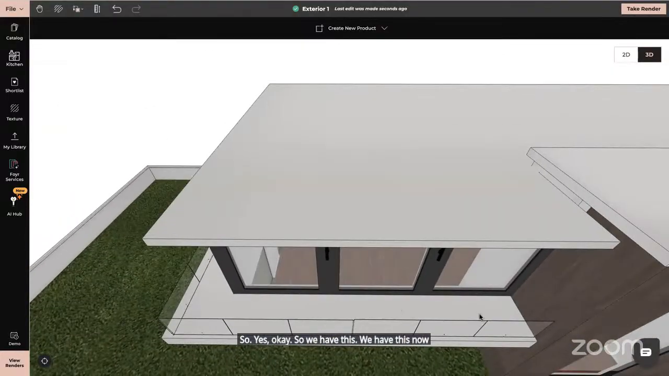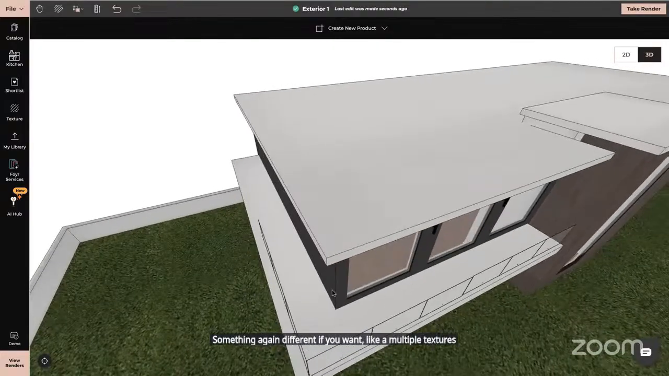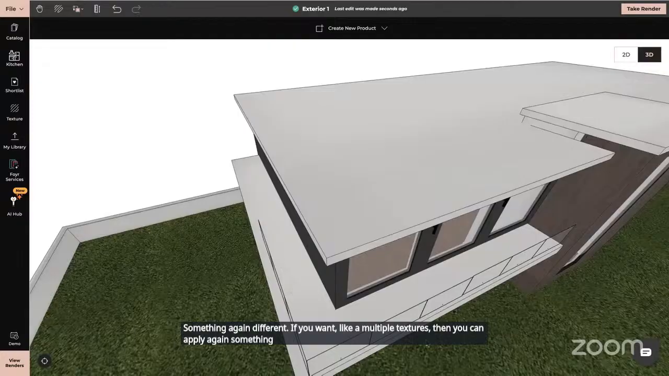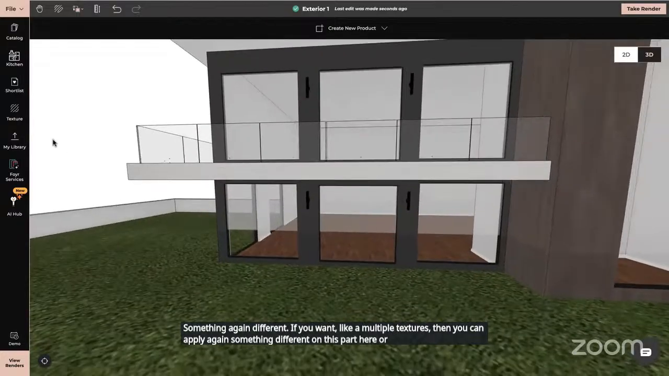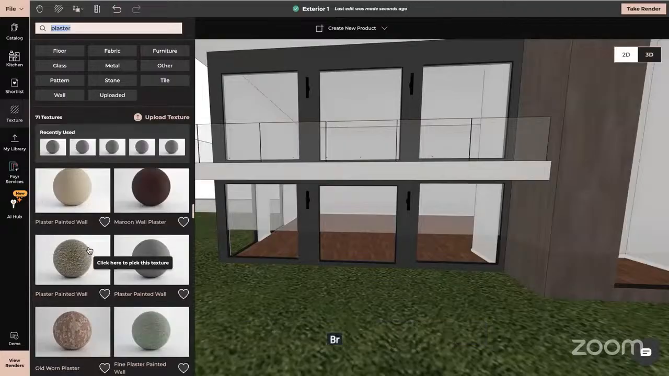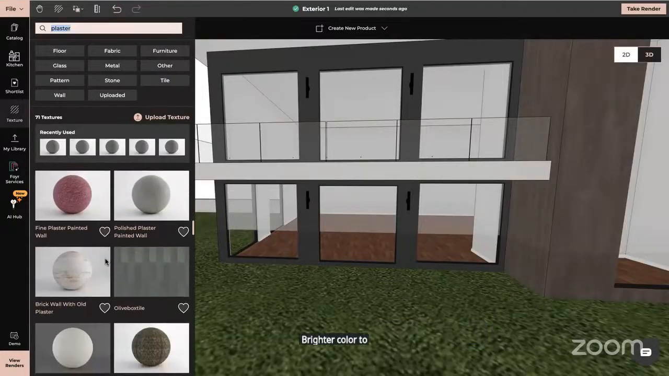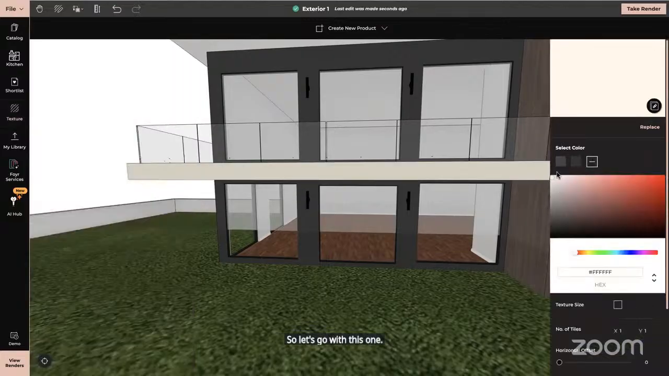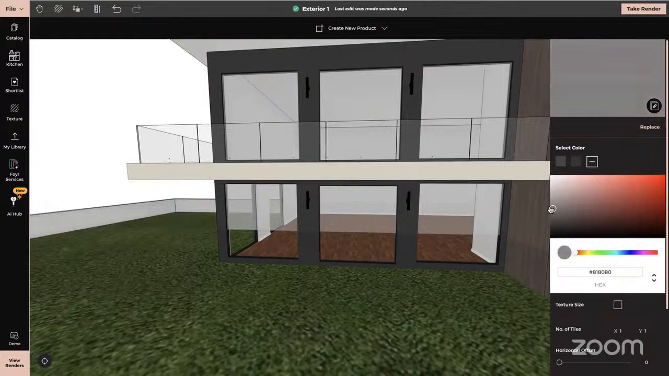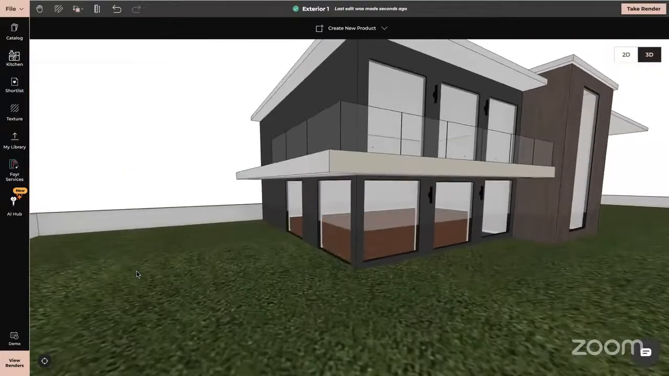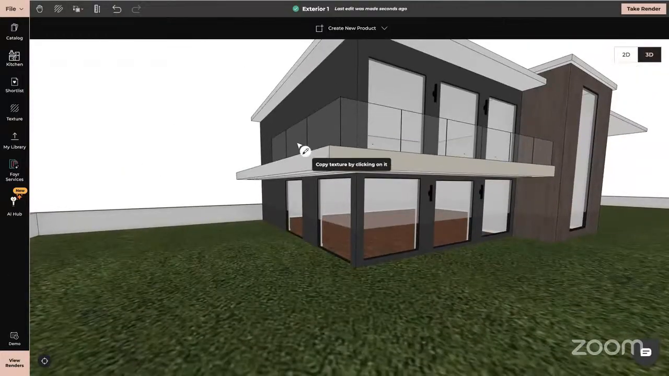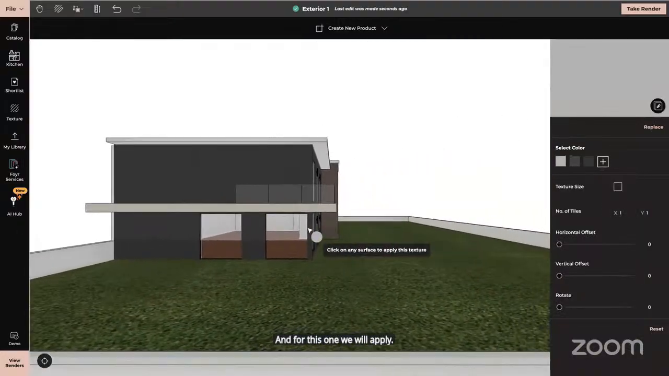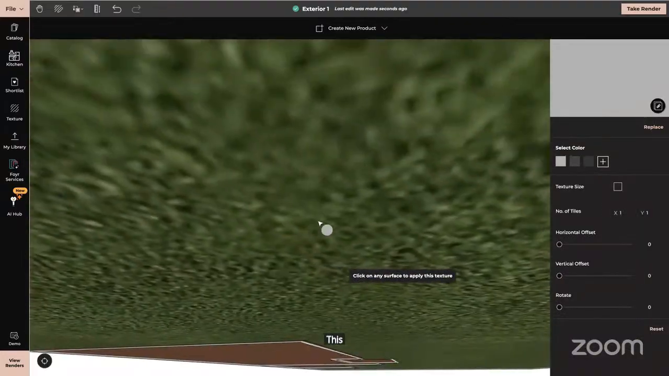Now we can apply something different again. If you want multiple textures, then you can apply something different on this part here, or we can make it a brighter color to stand out. So let's go with this one. And for this one, we will apply this over here, and also,